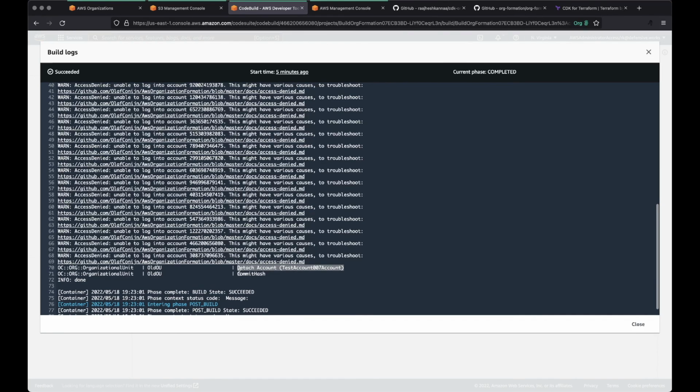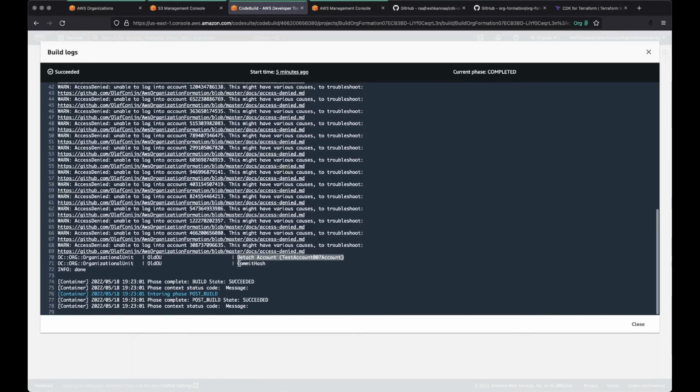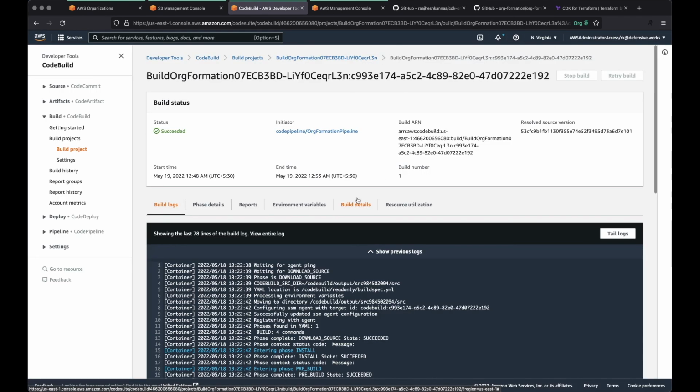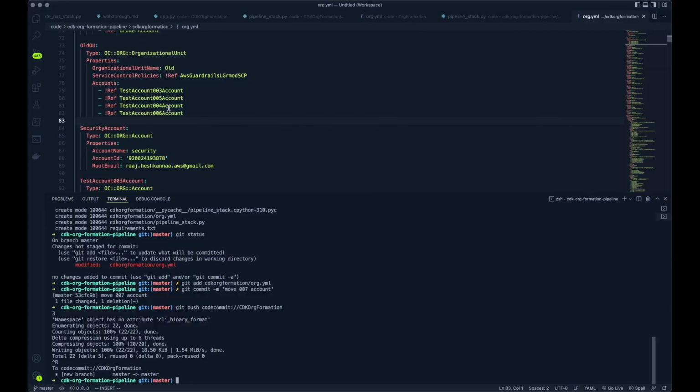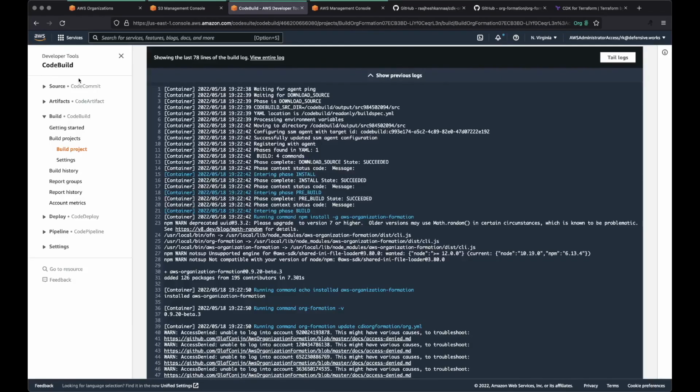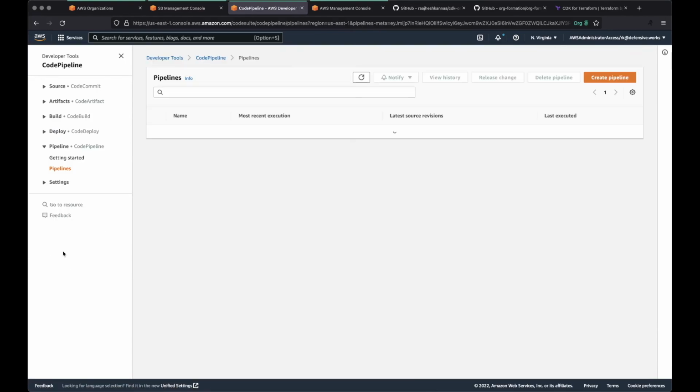So it's detached that, committed the hash into the state file in the S3 bucket, which we gave access to. And that's all it is. Every time we want to make a change, all we have to do is make a change to this file locally and push that to the version control system, in our case CodeCommit, and it kicks off a pipeline, which we have